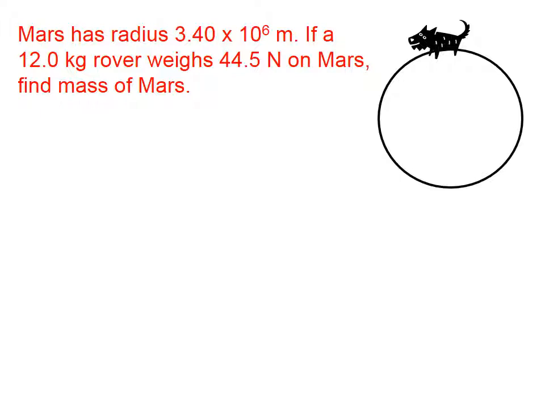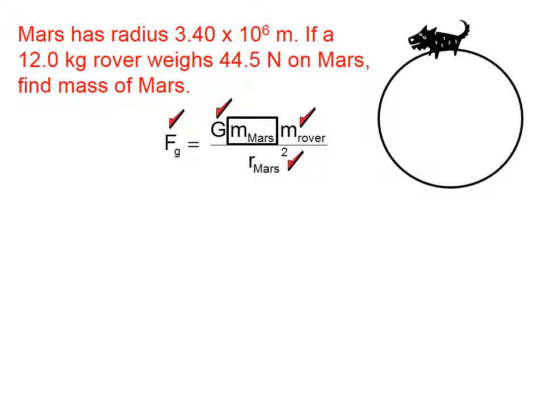There is our 12 kilogram rover. Let's see what we've got here. We know the radius of Mars. We know the mass of the rover. We know the force of gravity between them. That is the weight of the rover, 44.5 newtons. And of course, we know the Cavendish constant, or the universal gravitational constant, so we should be able to calculate the mass of Mars. Let's multiply both sides by the radius of Mars squared, and then divide both sides by G and the mass of the rover,